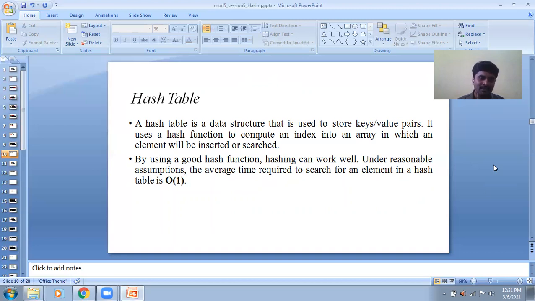This is about the hash table. In the present session we discussed the importance of hashing and hash functions, the advantages of hash functions, and the important functions available, and after that we discussed the hash table.